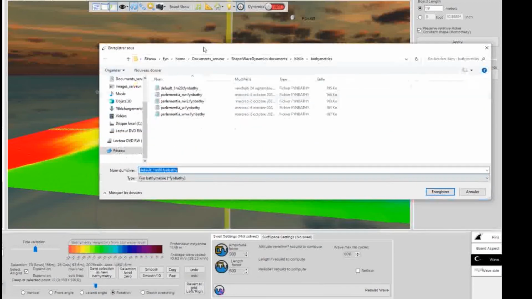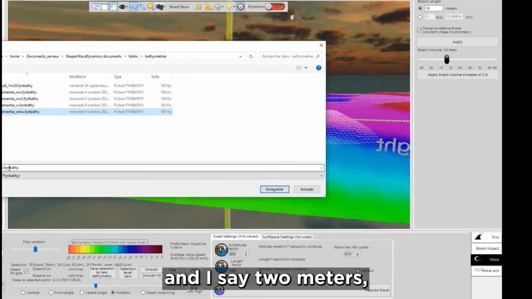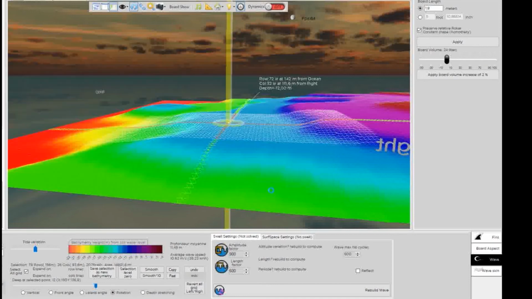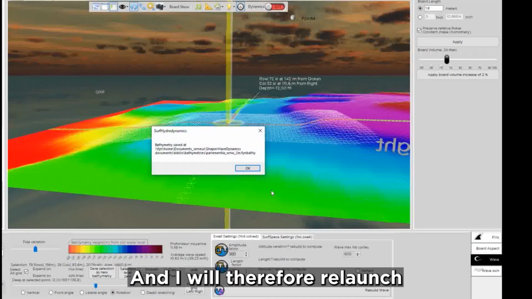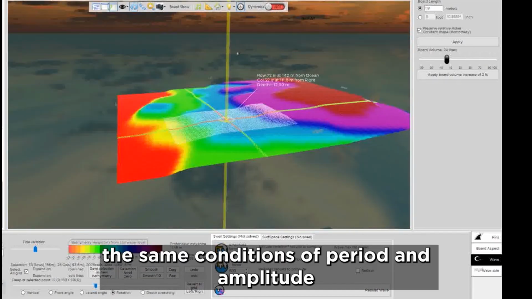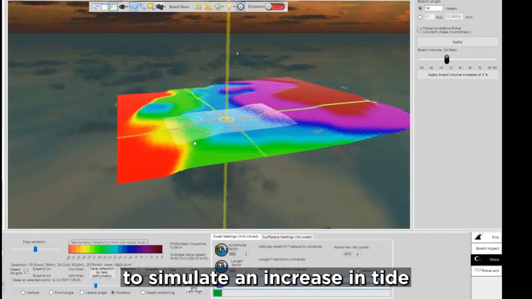I'll call it, so here it was west-northwest. And I say 2 meters, to remember. And I will therefore relaunch the same conditions of period and amplitude on this new bathymetry lowered by 2 meters, to simulate an increase in tide.